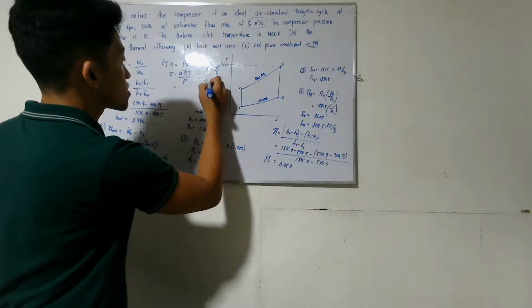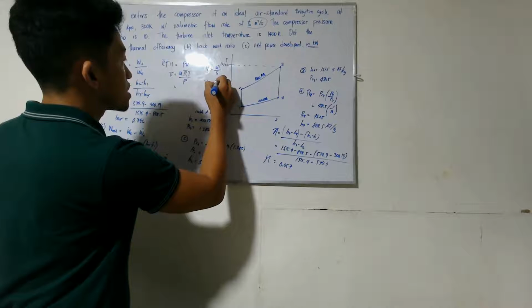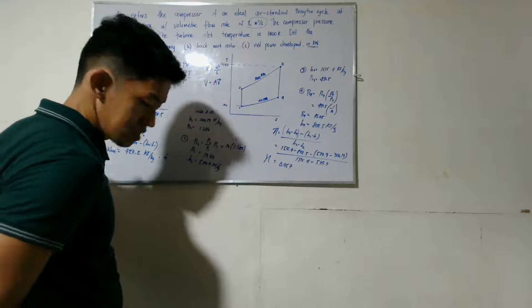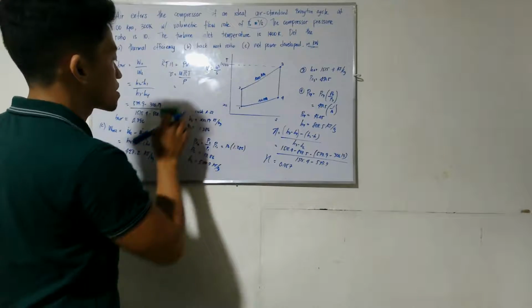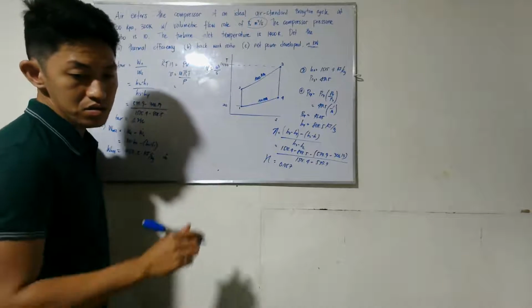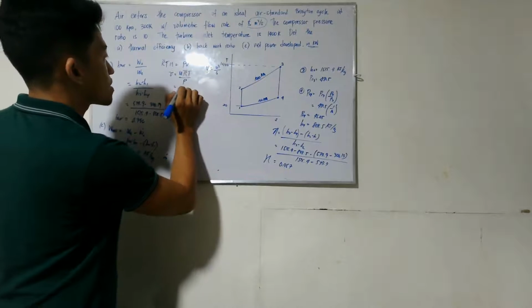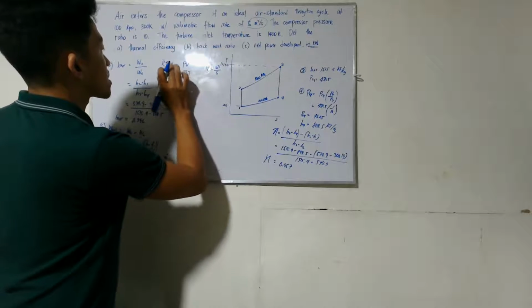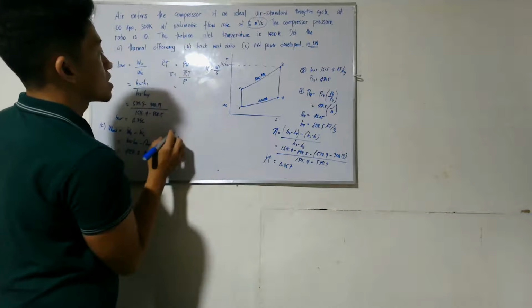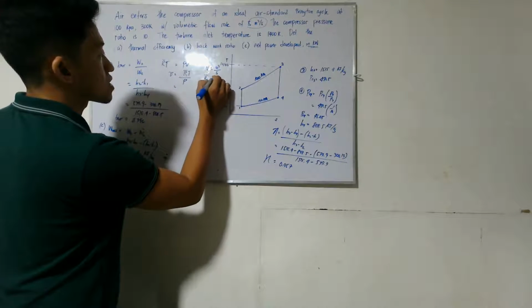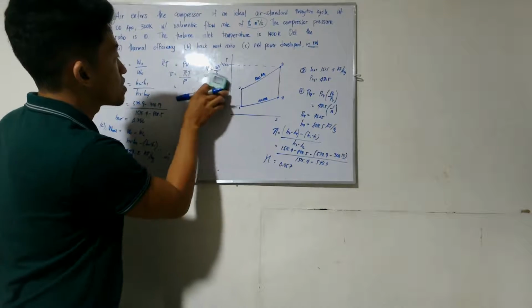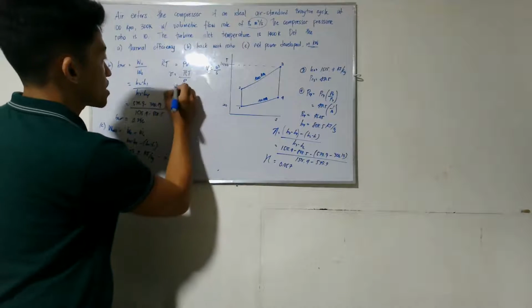Or this is just equal to area times velocity. Okay, so for air, PV equals RT. But R bar is R over M, or the molar mass. So